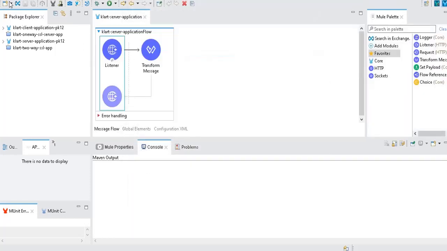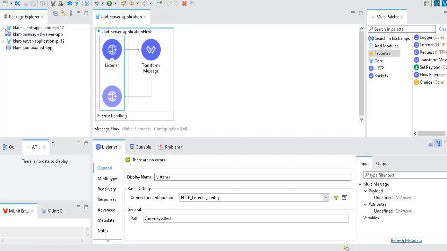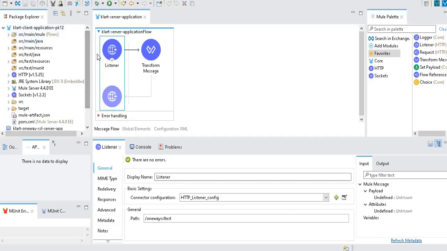Right now we have done the server application. Let's see the client application. What does client application mean? That is the application that will actually invoke your server application. So between these two applications, you need to establish the SSL connection. That is why the server application needs a key store. Key store means it has its private key, right? So it will have its own private key, but the client application should have the server certificate in order to trust the SSL communication.